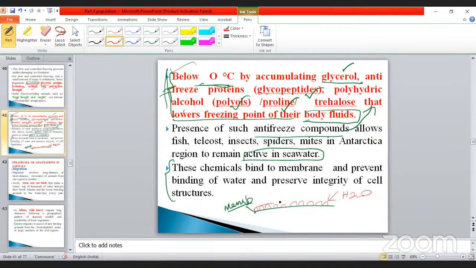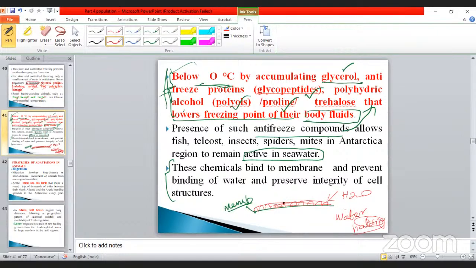Suppose it is a fat, just imagine. Any one of the fat molecules deposited here does not dissolve with the water molecules. They are water-hating molecules. Water-hating means it is not mixed with water.